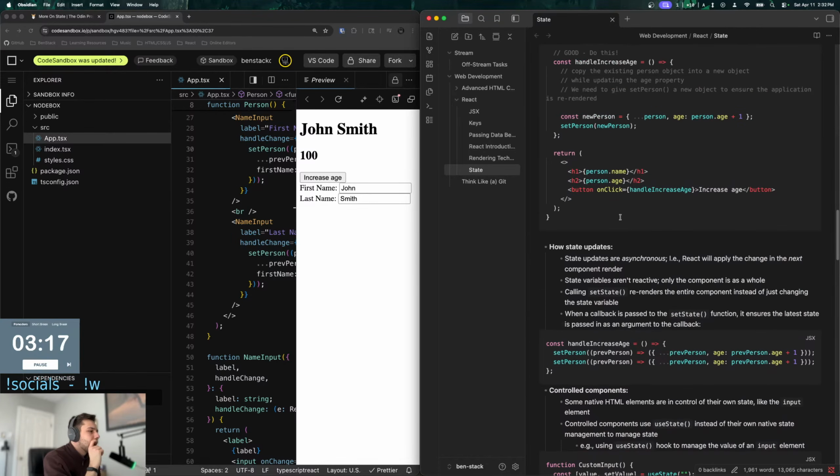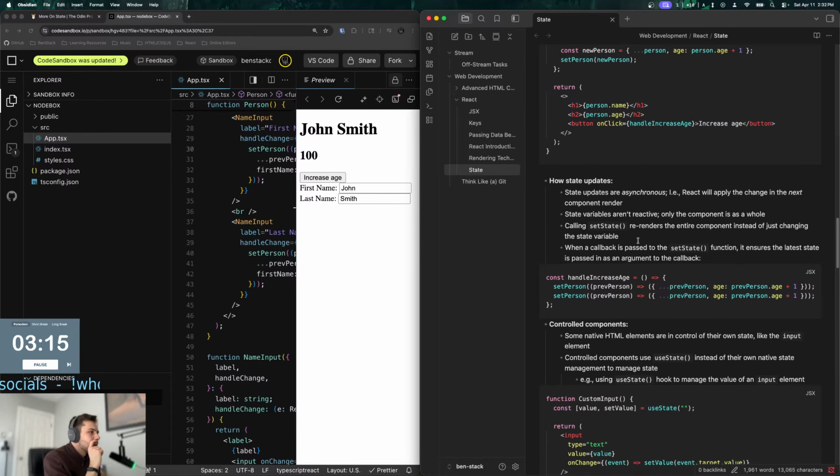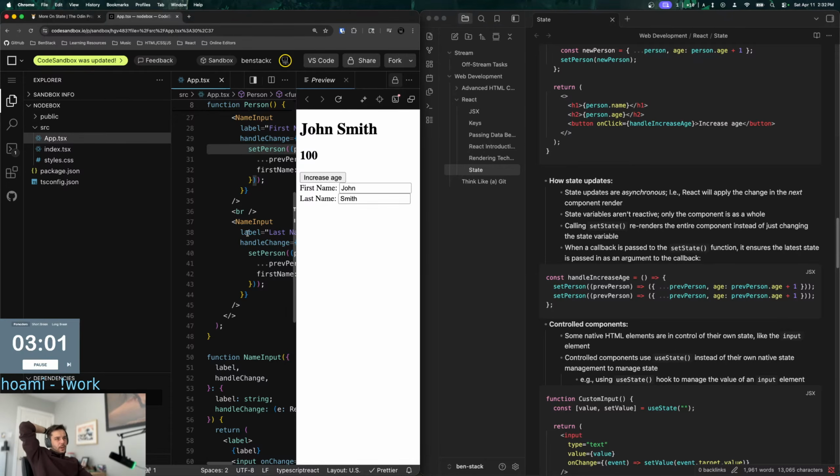Oh, it was because I know why. When a callback is passed to the set state function, it ensures the latest state is passed as an argument to the callback. I see. That's why. I got you. So basically then, if we had multiple of those, then it would be fine. Okay, so I see now.